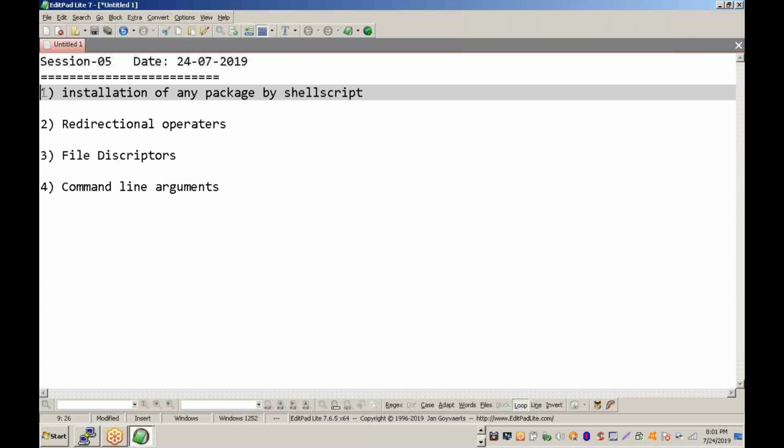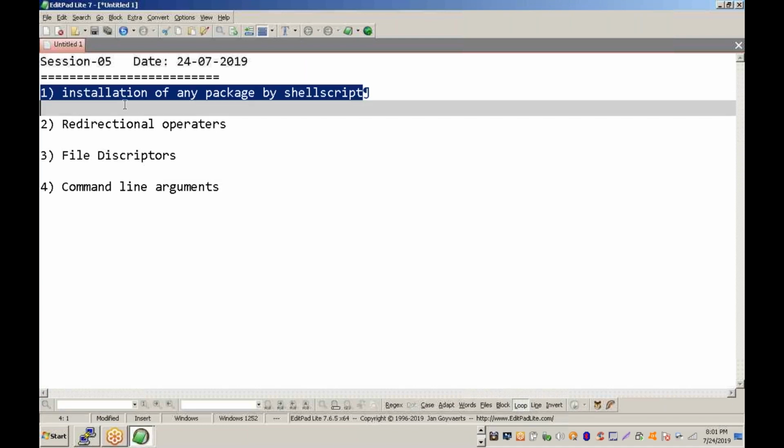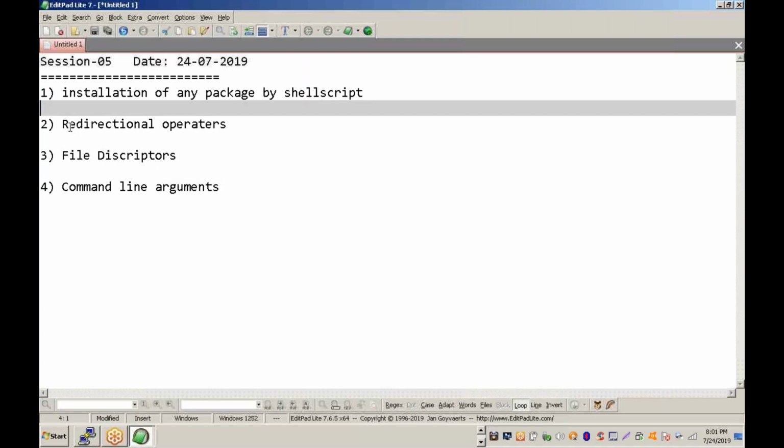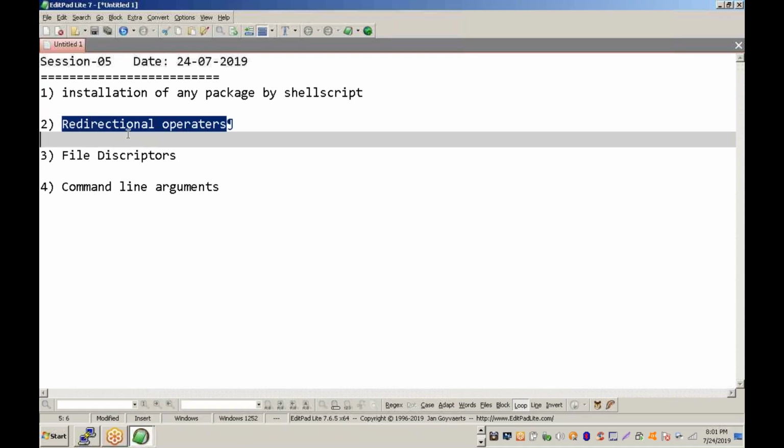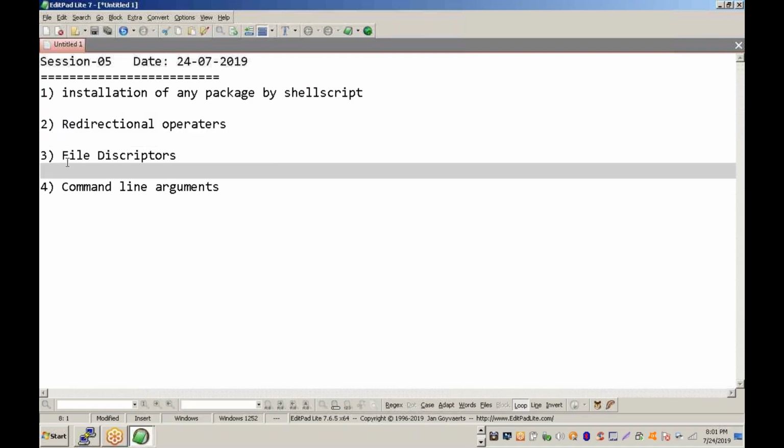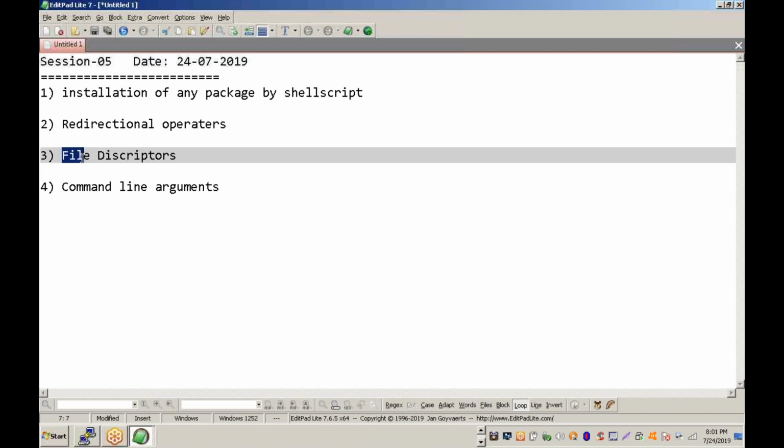In this session, we will discuss installation of any package by shell script, and then we will use the redirection operators. Then we will discuss the output. So the output is when we execute a command, definitely maybe we will get a